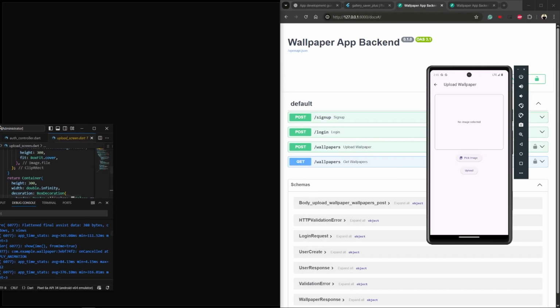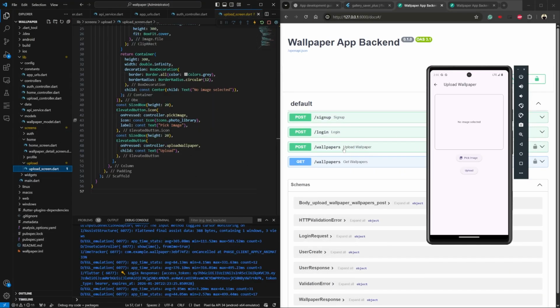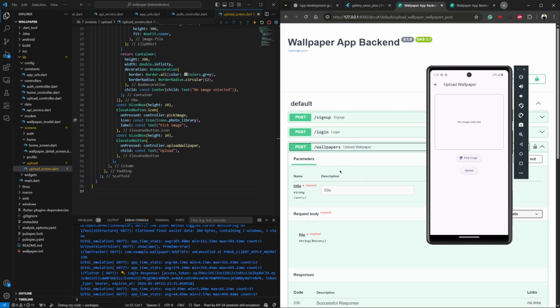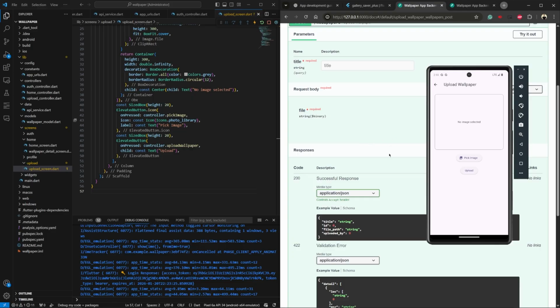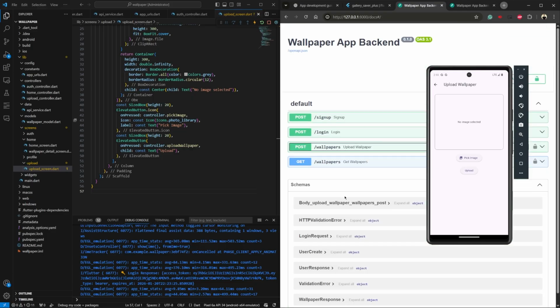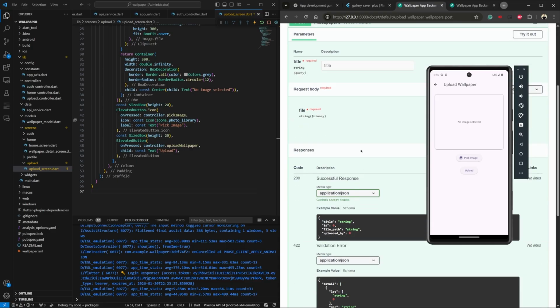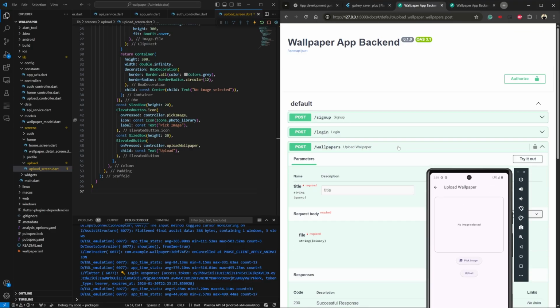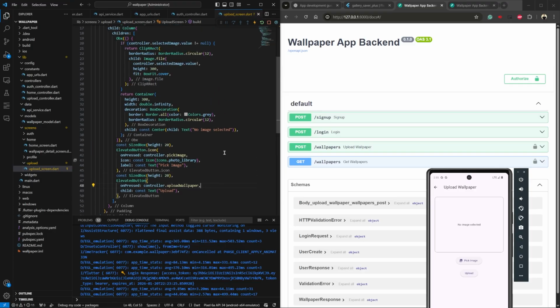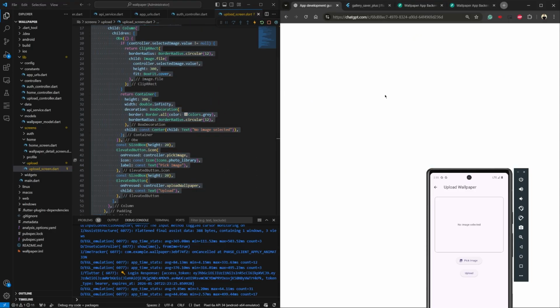So first of all, I have to see the API for uploading the wallpaper. So this is the API that I was using. It takes the title as well as a file. So what I'll do is copy this code